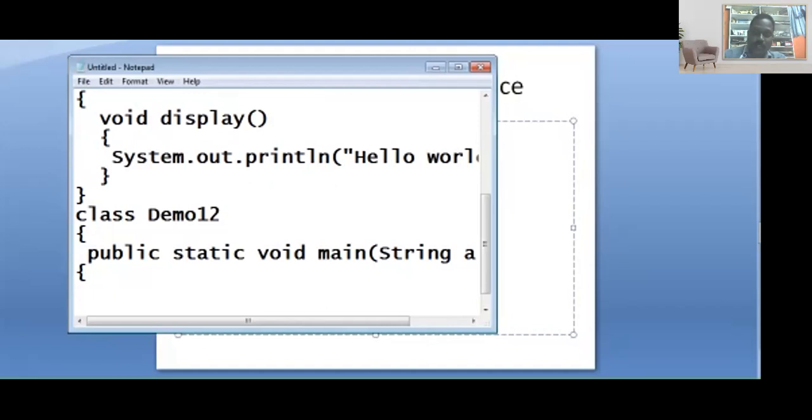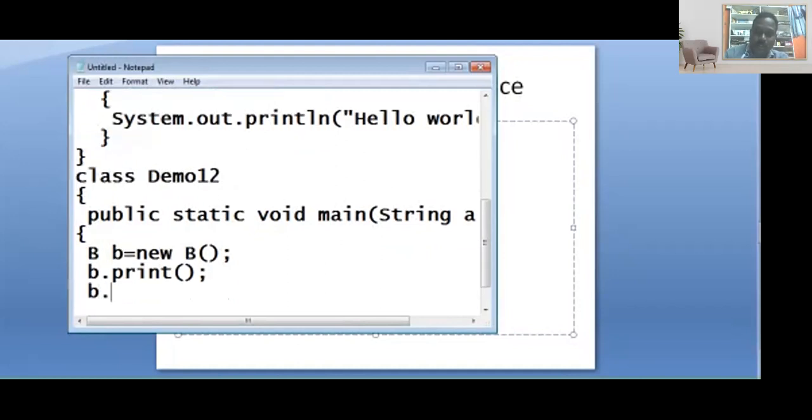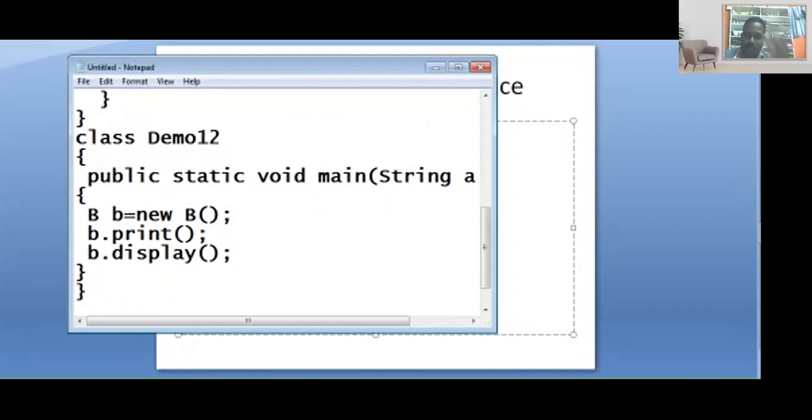We have to create the object for B. So B = new B is enough. B is a subclass. With the help of a subclass object, we can invoke the parent class method. That is the thing about inheritance. So B.print method, then B.display. I am going to close the main method.